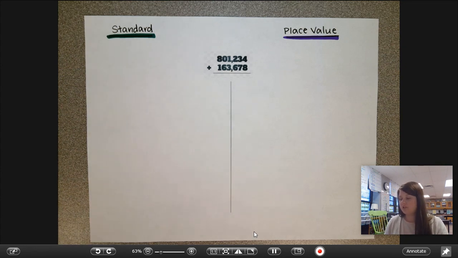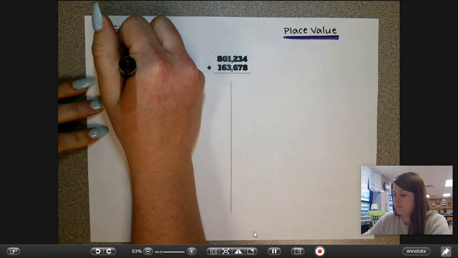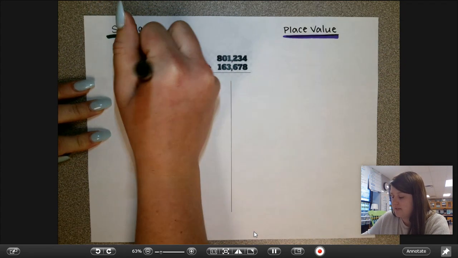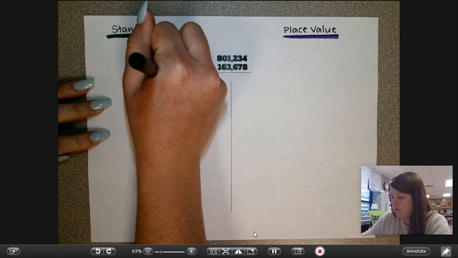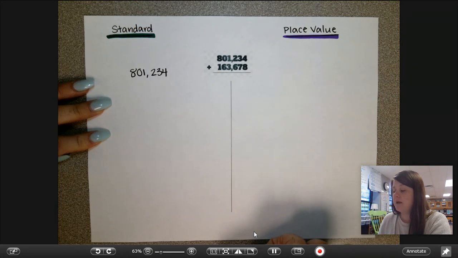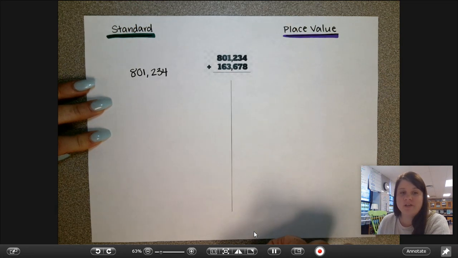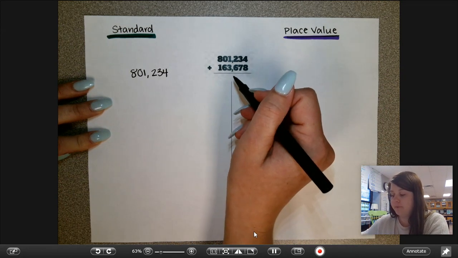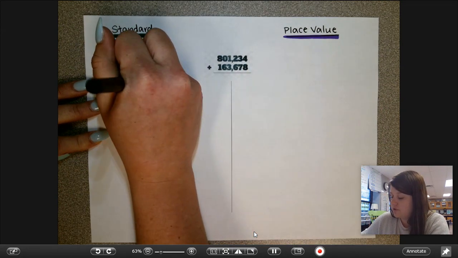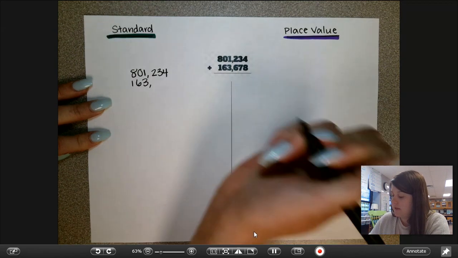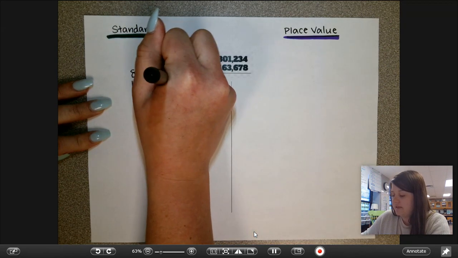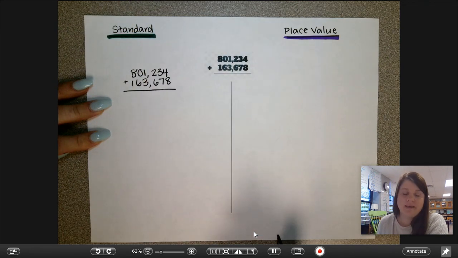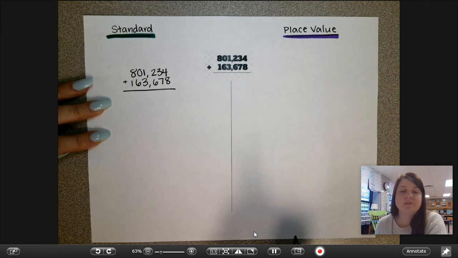For standard, I'm going to set up the problem with the biggest number on top. So 800,1,234. And I'm going to set my smaller number underneath. And I'm going to be sure I'm careful about lining up my place values. So 163,678. Now, all of my place values are in line with each other, so I know which numbers I'm adding